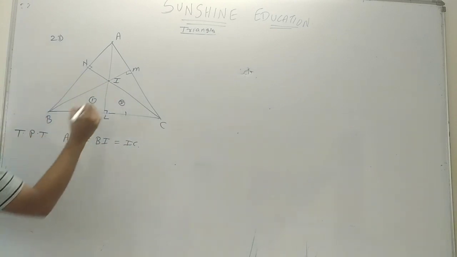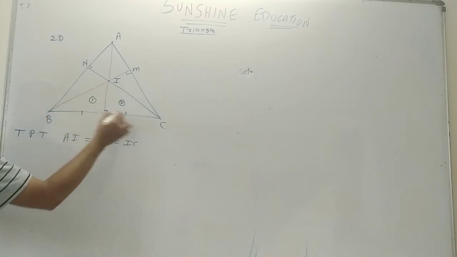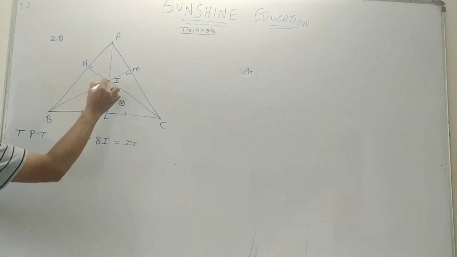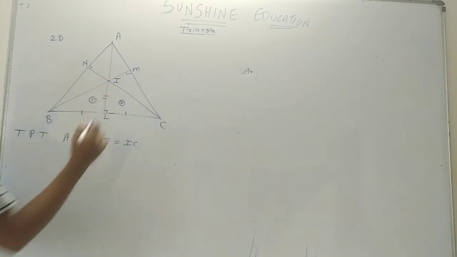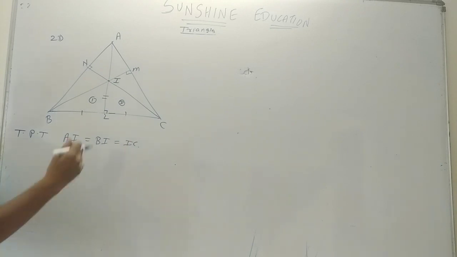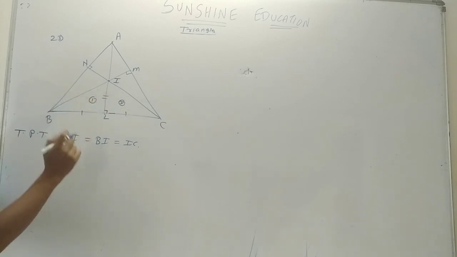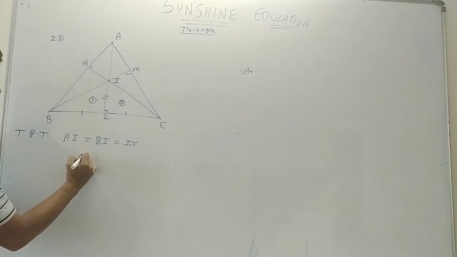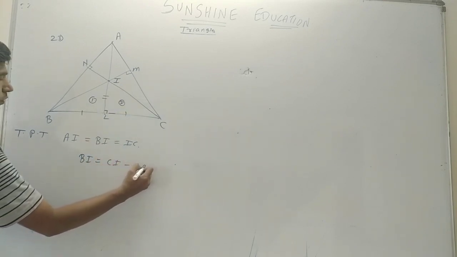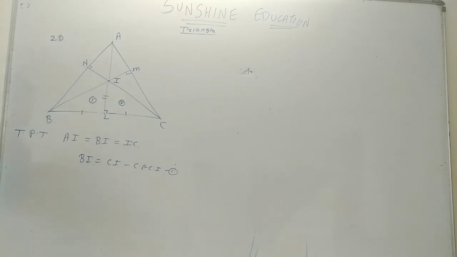Listen carefully to what I am telling. In triangle ILB and ILC, IL is equal to IL, common side. Angle ILB is equal to ILC, each 90 degree, and BL is equal to LC. Therefore, both the triangles are congruent by side angle side test. If two triangles are congruent, can I say that corresponding sides, that is BI is equal to CI, corresponding parts of congruent triangles, naming it as number 1.